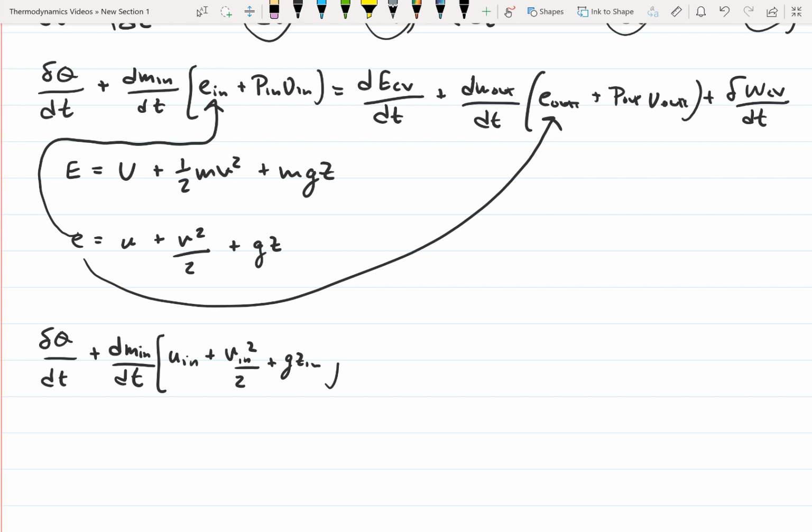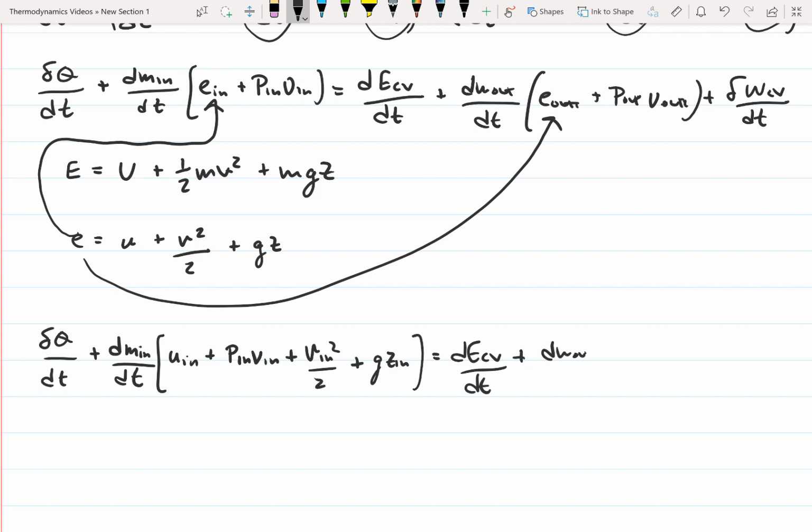And I'm going to actually rearrange this. So I'm going to put this P in, V in here, and then plus the kinetic and potential energy. So this is plus, and then gz in, and then this is equal to dE_CV/dt